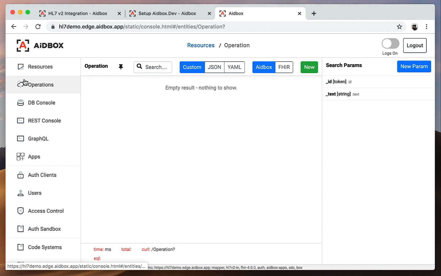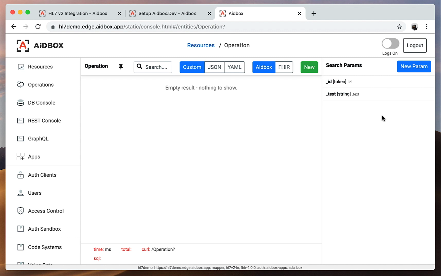Okay, now your Aidbox instance is up and running, and we need to properly configure it to start ingesting HL7 v2 messages. Important to say that HL7 v2 messages are not automatically converted to FHIR resources. To tell Aidbox how we are going to convert them, we need to create a mapping resource. Mapping is a small program written in a special programming language called Jute, which translates data from one format to